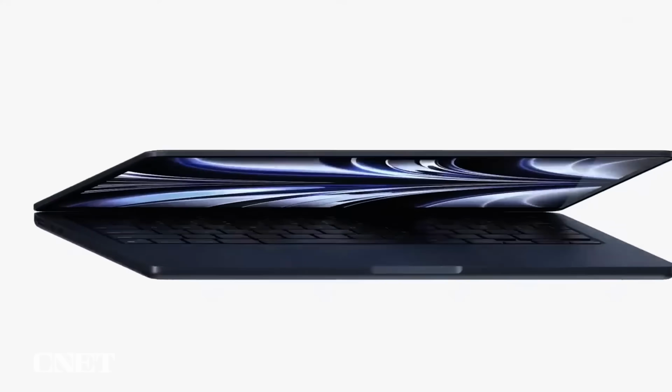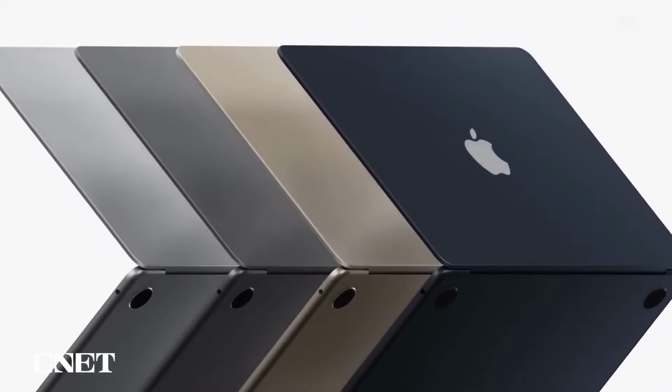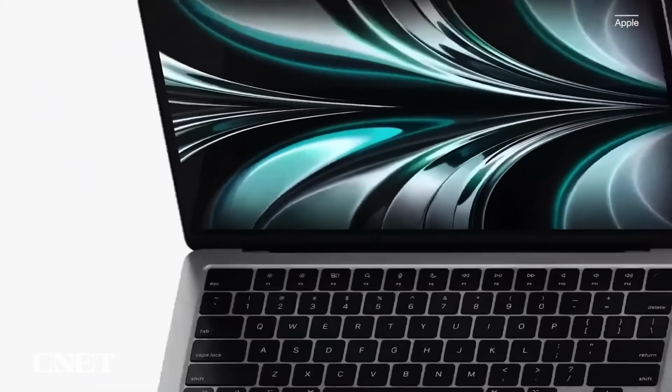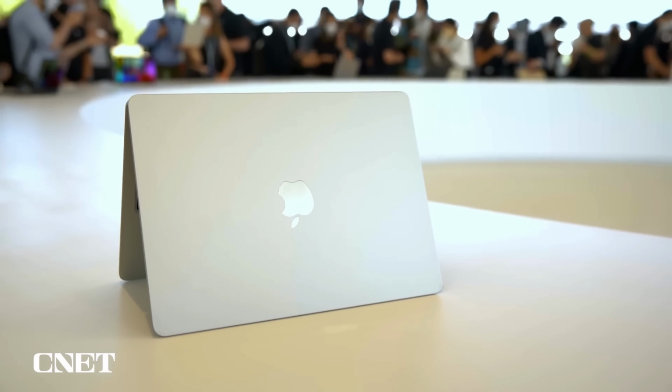And the new MacBook Air actually goes beyond the 14 and 16-inch Pro in one interesting area. It adds some new colors, moving beyond the silver, gray, into gold kind of tones we've had for MacBooks for a while. Now we've got two new colors. In addition to silver and space gray, you've got Starlight, which is again kind of goldish, and then you've got